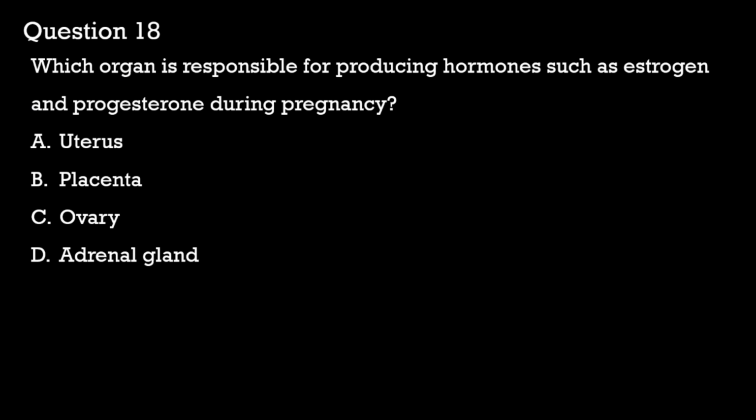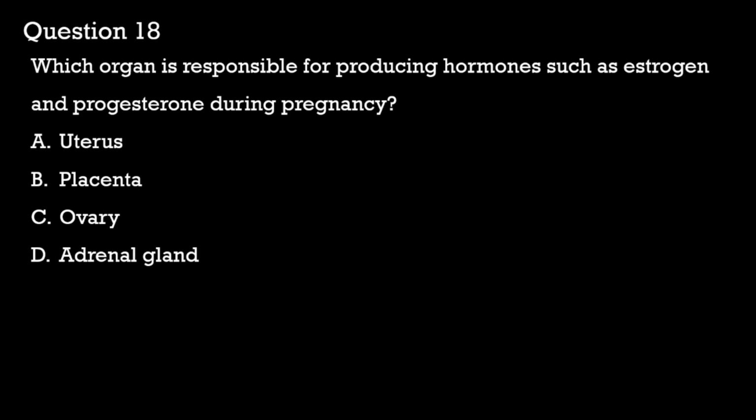Question 18. Which organ is responsible for producing hormones such as estrogen and progesterone during pregnancy? A. Uterus. B. Placenta. C. Ovary. D. Adrenal gland. The uterus provides a site for implantation and growth, but it doesn't produce hormones. During pregnancy, the placenta takes over hormone production from the ovaries. It produces the estrogen and progesterone that are essential for maintaining the uterine lining, supporting fetal growth, and preparing the